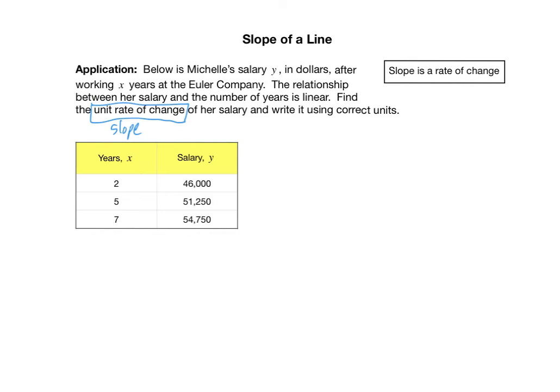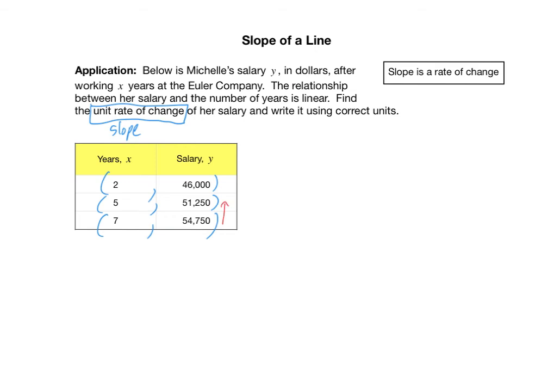And in this case, we have a table, but each row still represents an ordered pair: 2, 46,000; 5, 51,250; and 7, 54,750. Those are all ordered pairs. And as we've already seen, it doesn't matter which 2 points you use on the line to find the slope because the ratio will always be the same between all points. So take whichever ones you want. In this case, let's just take these bottom two. We're going to first subtract the y values. So I've got a slope of